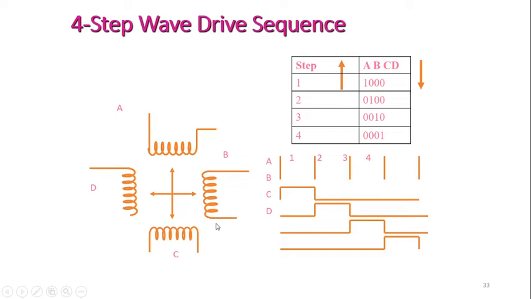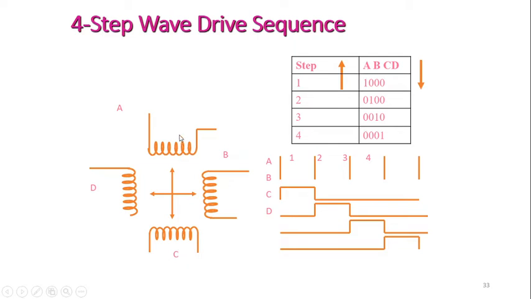Okay, now if you see this one, here I'm assuming that A, B, C, D are the four coils. They are the names assigned to the individual coils. As we know, there are two stators we are having now. Here the rotor is not shown, it is showing only the direction. The rotor is going to exist right over here, and these are the four coils now. Two coils are tied together, just like the common terminal case we have seen in the last slide. At that time it is forming one coil. Assume that AB is forming one stator and CD is forming the other stator.